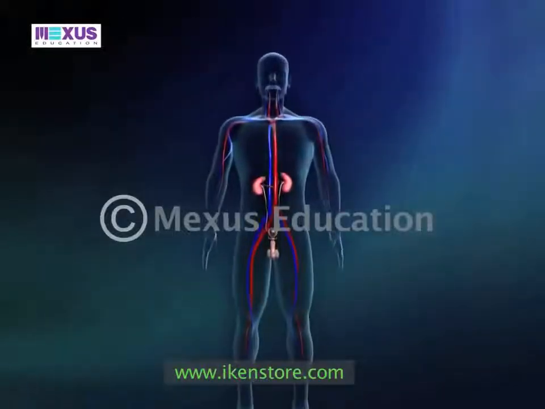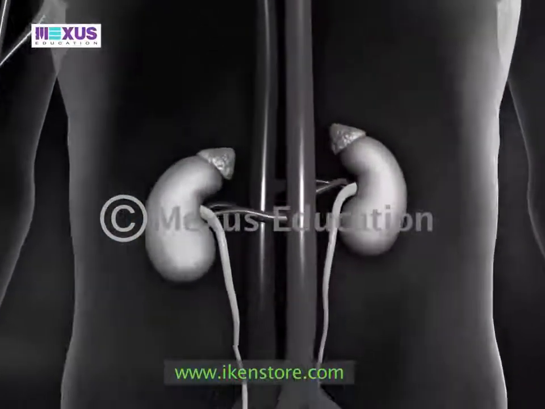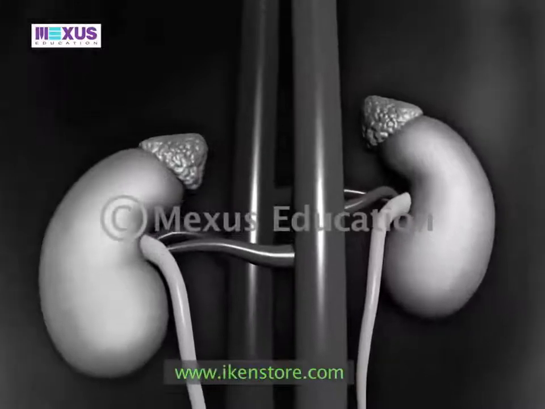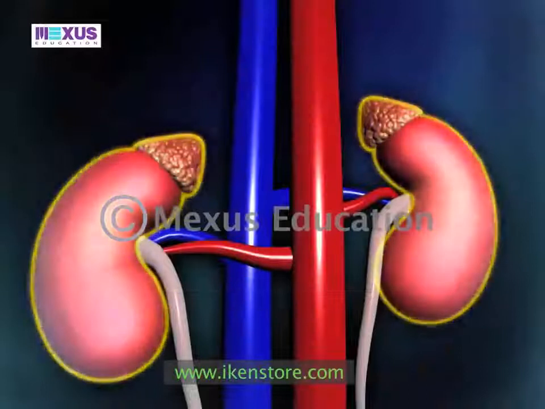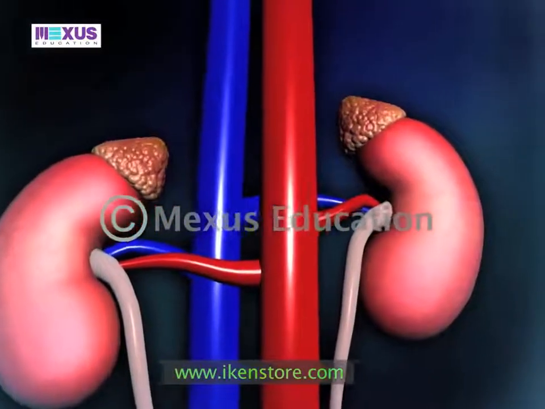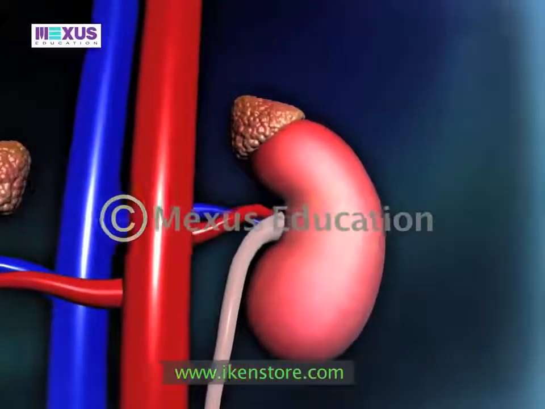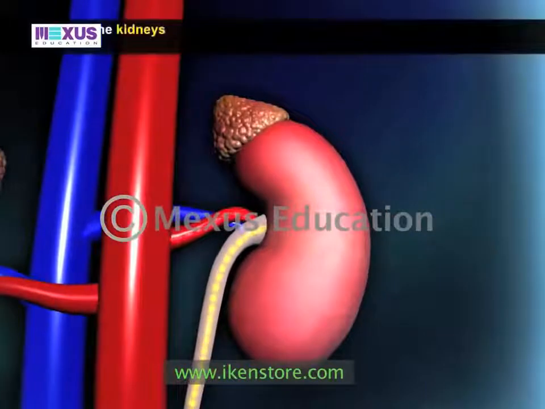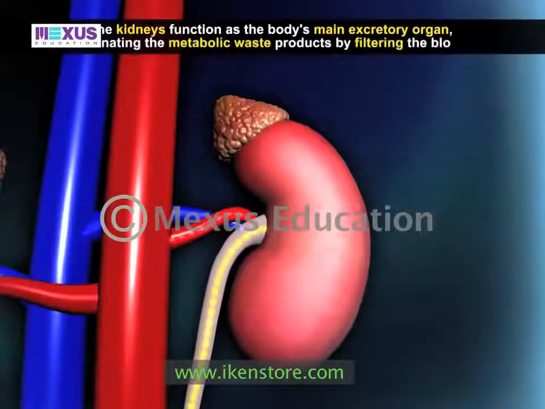The burden of maintaining a proper chemical balance or homeostasis in the body falls largely on the kidneys. Human kidneys are paired kidney bean-shaped organs located on either side of the spinal column, extending slightly above the waist. The kidneys function as the body's main excretory organ, eliminating the metabolic waste products by filtering the